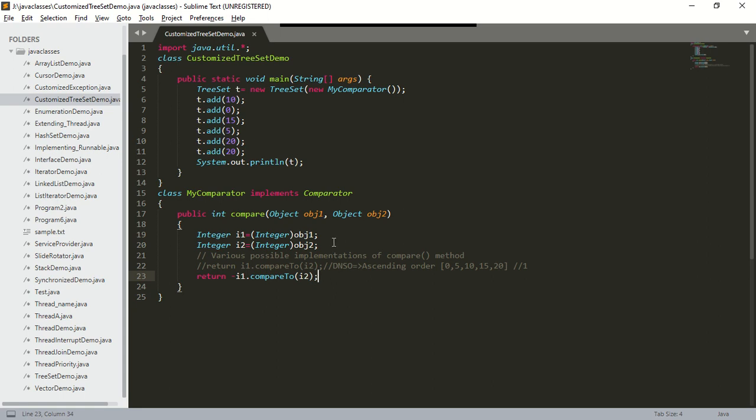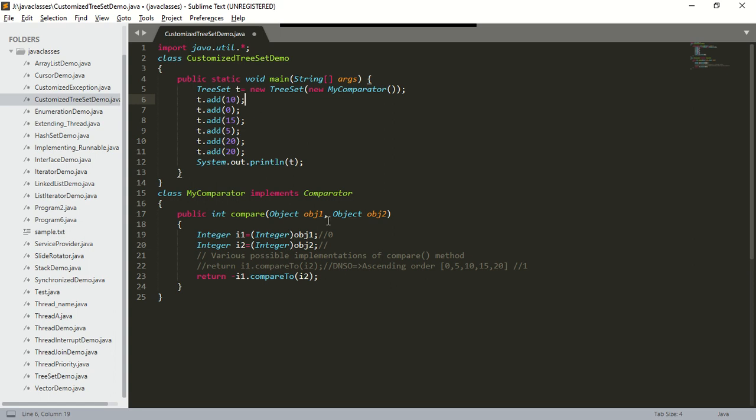What is the value of i1 and i2? So what is the value of i1? What does i1 represent? i1 represents the element which has to be inserted. So what is the element which has to be inserted? 0. Okay. So i1 represents 0 in the first case. What does i2 represent? i2 represents the element which has already been inserted. What is the element which has already been inserted?